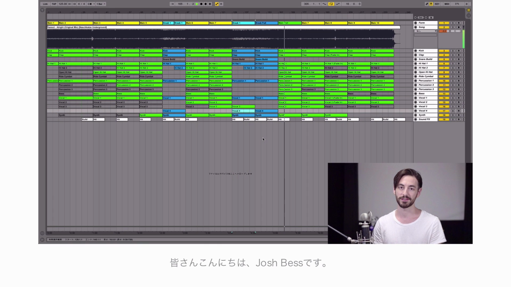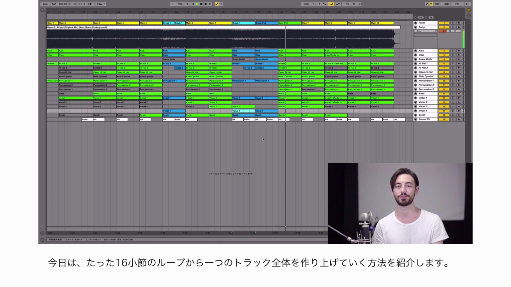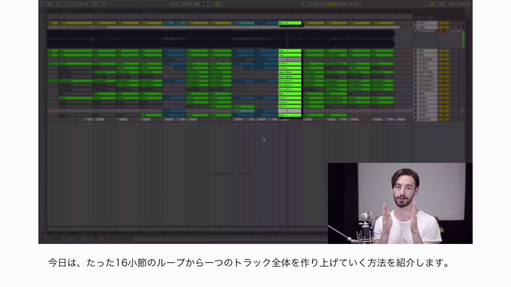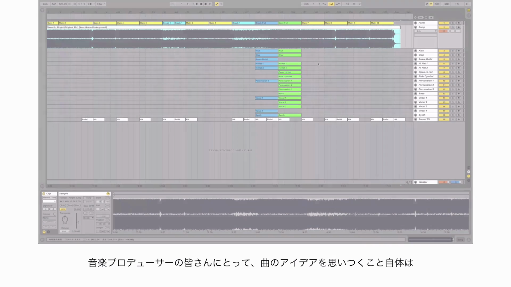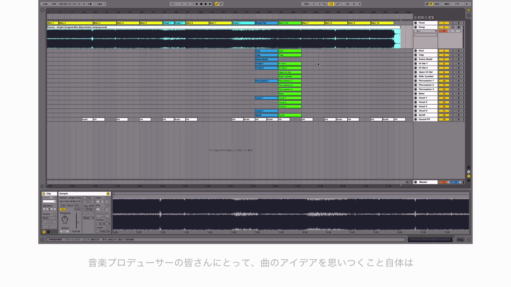Hey everybody, Josh Bess here, and right now I'm going to show you how to transform a small 16-bar loop into a full song. For music producers and modern-day music creators, creating short musical ideas is a very quick and simple thing to do for many people, but turning this small idea into a full song is one of the